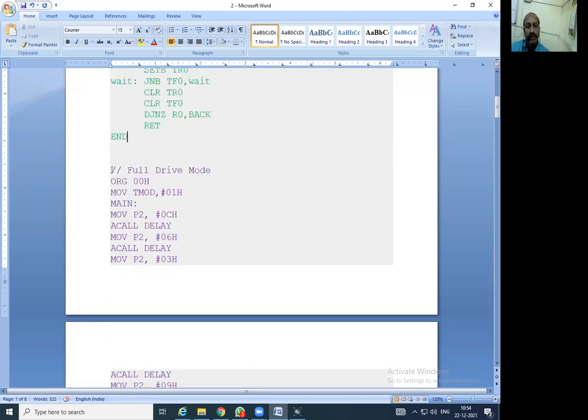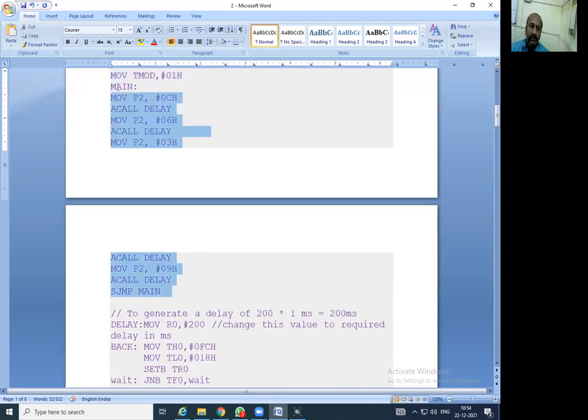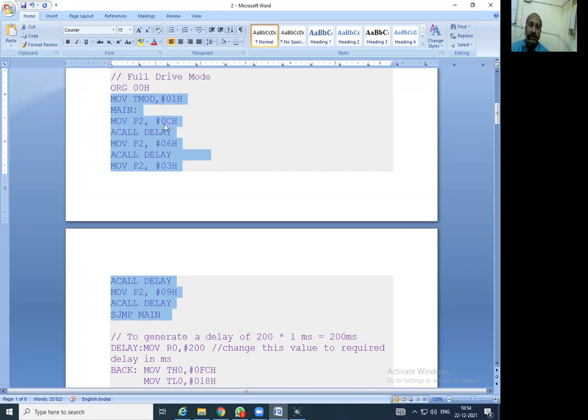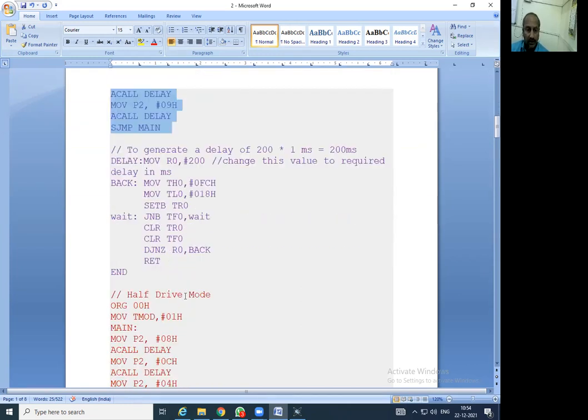In a similar way, if you want to use the full drive mode, you can use this code. Just replace the earlier one with this, so here 01, 0C, 06, 03 and 09 will be used.